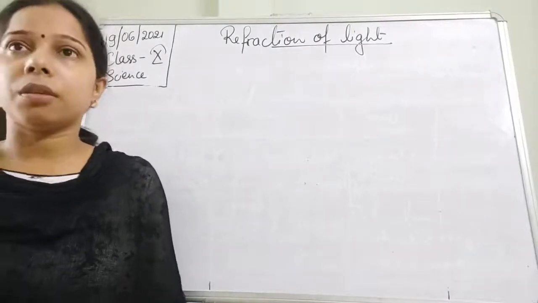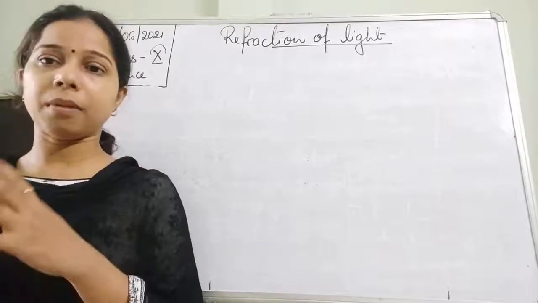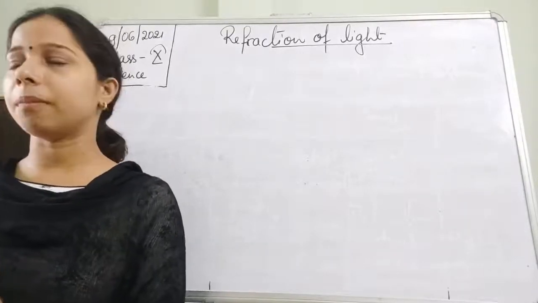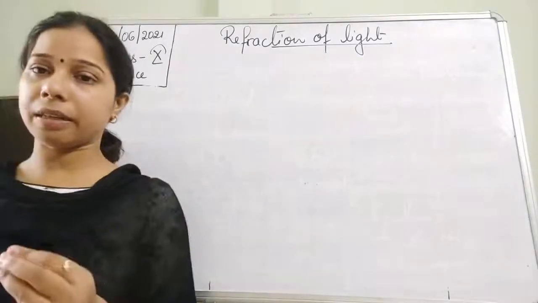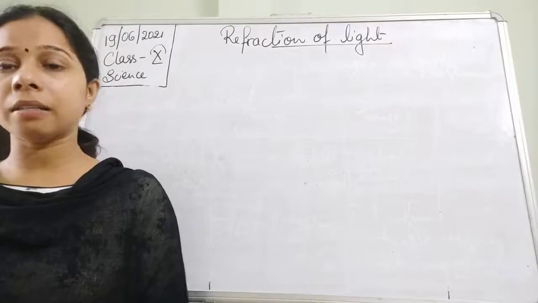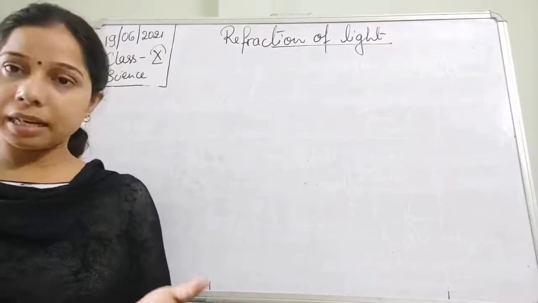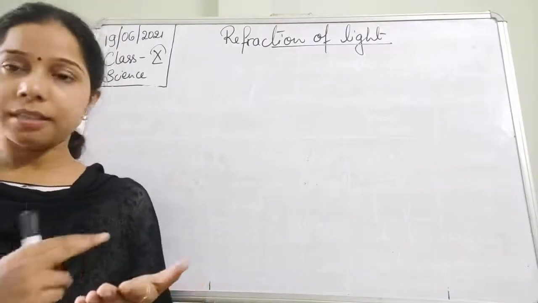Why is it so, students? Suppose you are given a lens, a magnifying glass, simply because a magnifying glass is made up of a convex lens only. So suppose you are given a convex lens, or any lens, and you want to check it, you just take it to your book and see the words.